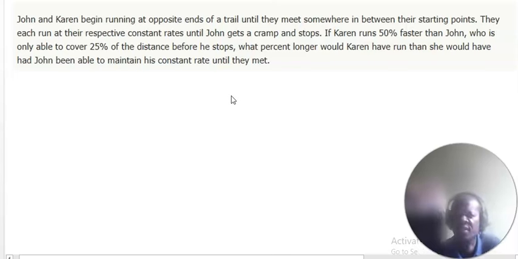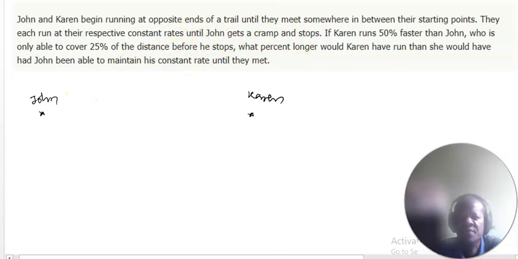But first of all, let's take a look at this question. John and Karen begin running at opposite ends of a trail until they meet somewhere in between their starting point. So let's place John here at a particular point, since they are standing at opposite ends, and Karen is at this other point. So now, in between their starting points, they each run at their respective constant rate until John gets a cramp